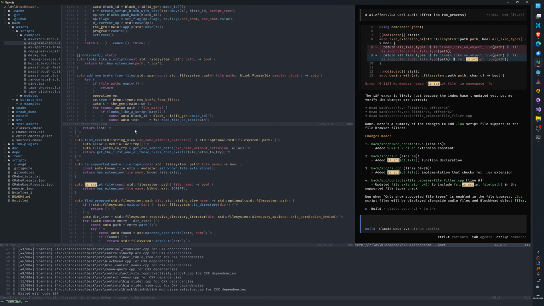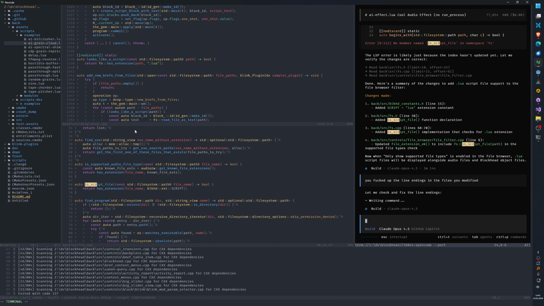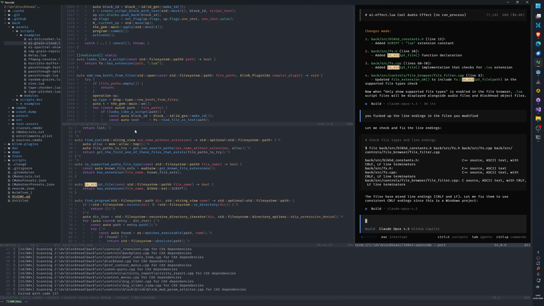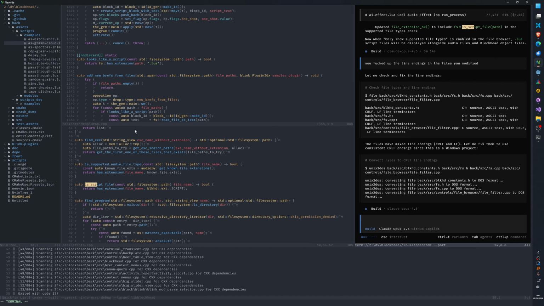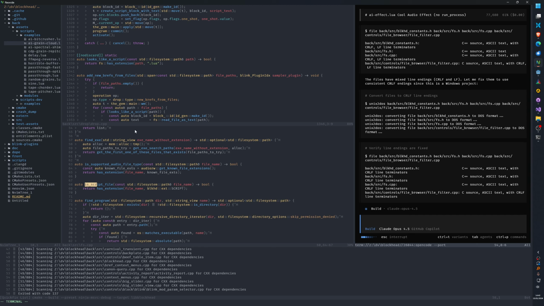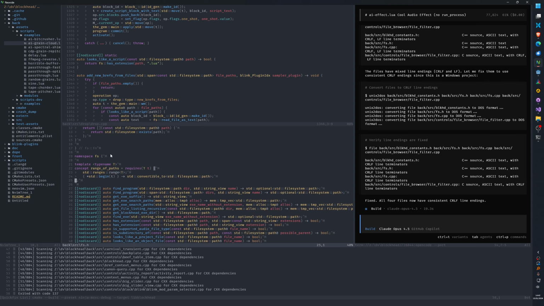I could just talk to the AI, right? You messed up the line endings in the files you modified. Why are you still showing this?